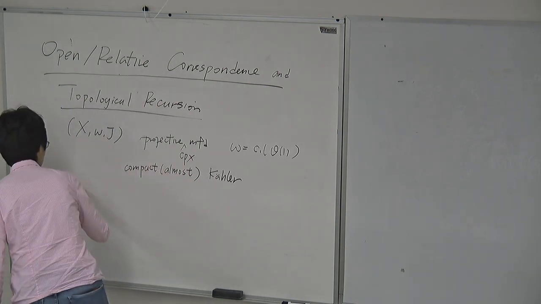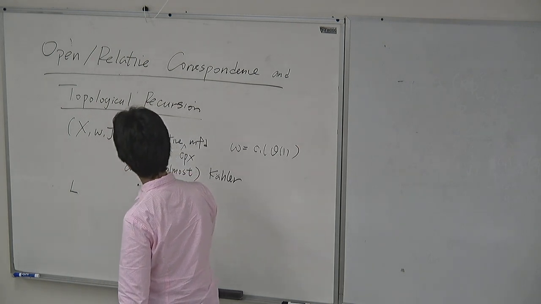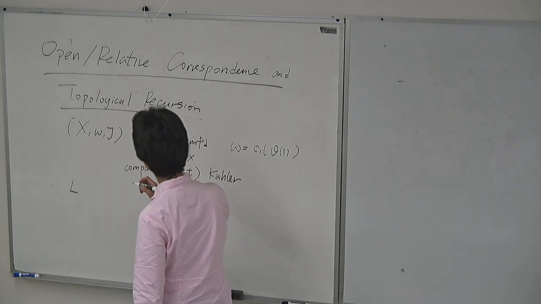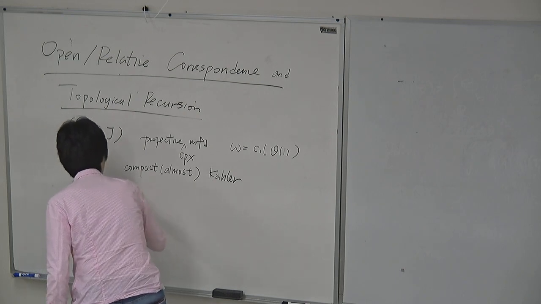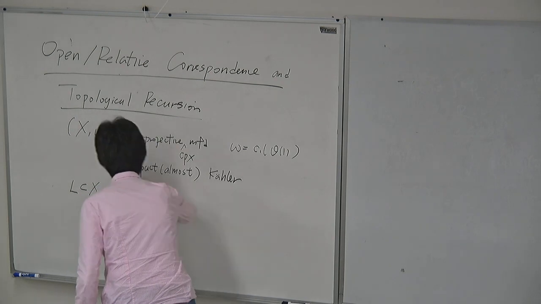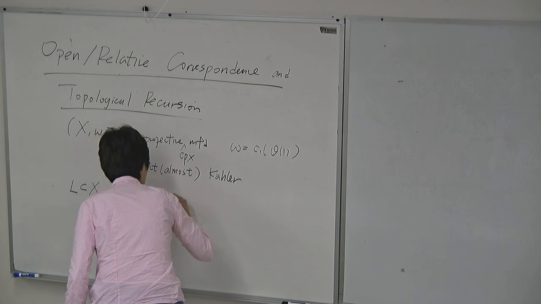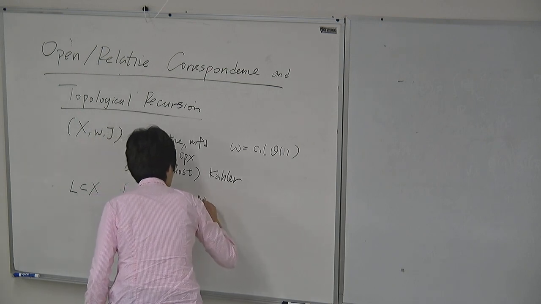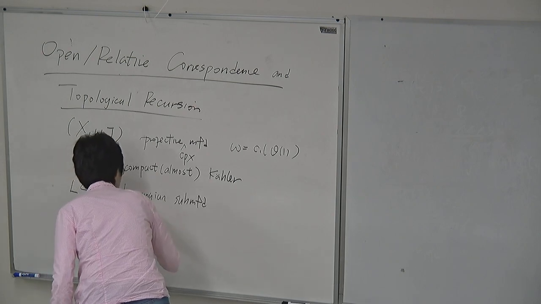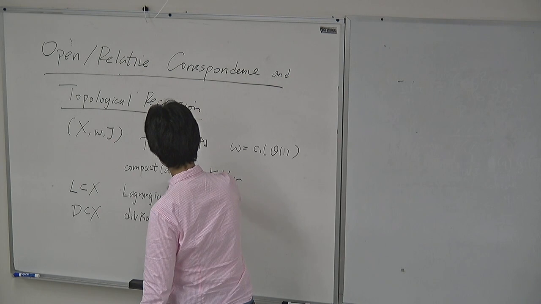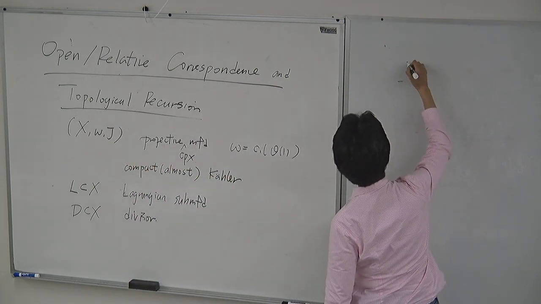So then I would like to talk about Gromov-Witten invariants, open Gromov-Witten invariants, and relative Gromov-Witten invariants. So let L be a Lagrangian submanifold. D is a divisor. So it's a projective divisor, or in this setting, just a symplectic divisor. So we can consider